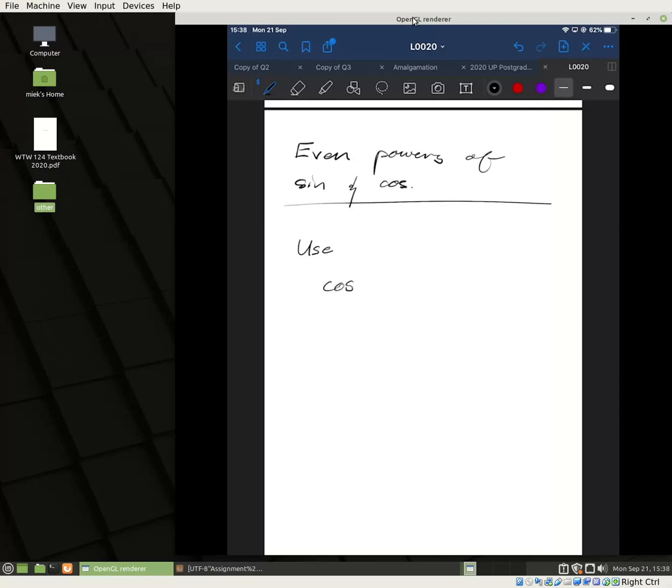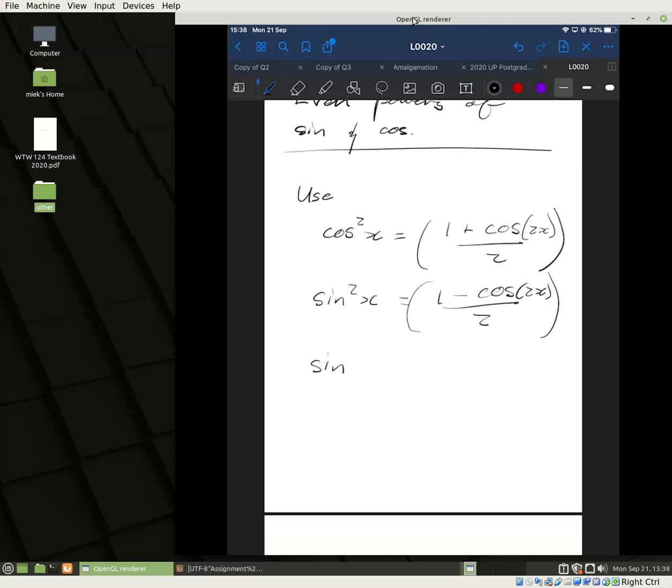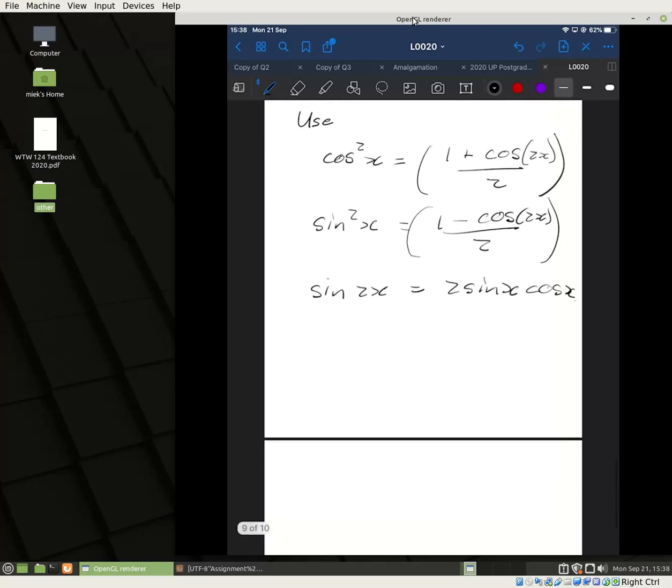So the cosine squared of x is equal to 1 plus the cosine of 2x over 2. The sine squared of x is 1 minus the cosine 2x over 2. And the double angle identity for the sine: sine 2x is equal to 2 sine x cosine x. Okay, and the idea is